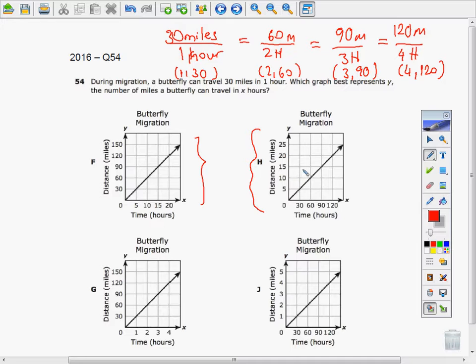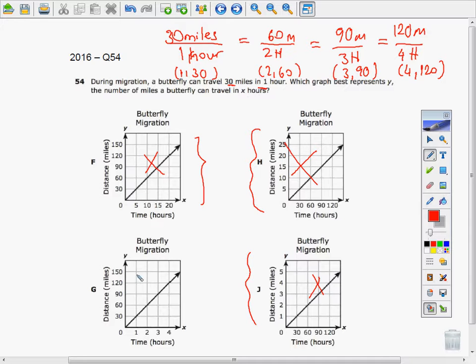So these should not be our concern, because time should not increase by 30. So when we look at here, these two options have misplaced labels, and the question gives a unit rate of 30 miles per hour, not